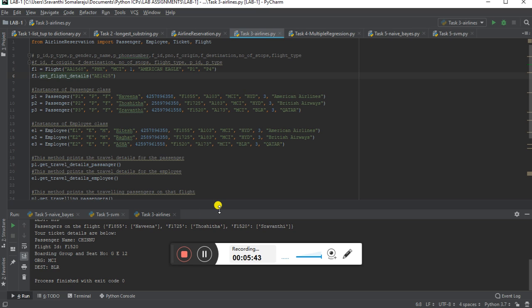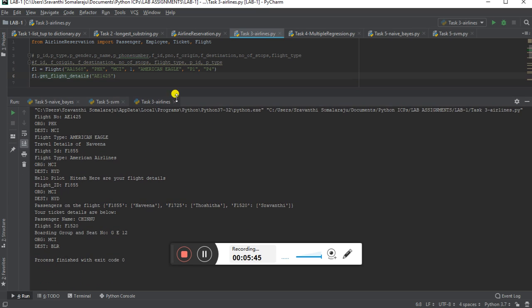So when I run this, it will show me the flight number and destination or origin and flight type, and the travel details of the passenger, flight details, and the boarding pass details, and the employee, like who is the employee in the flight and his details. Okay,